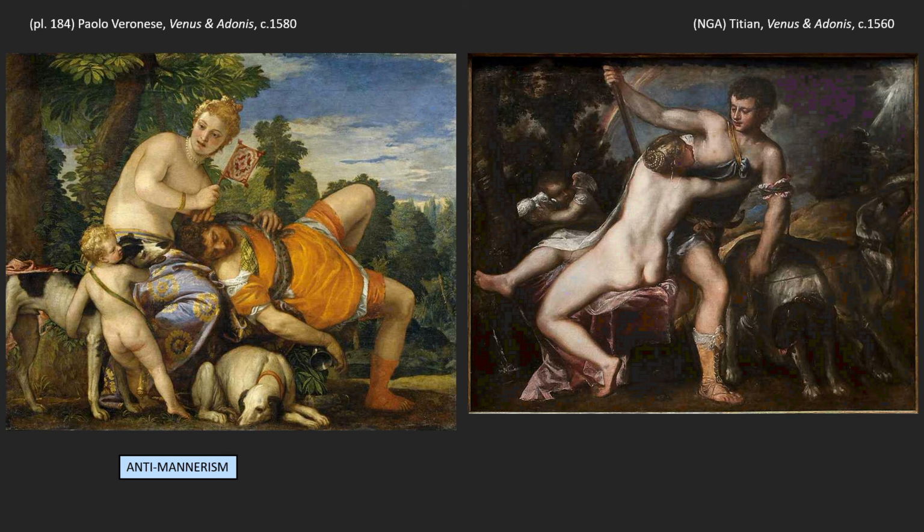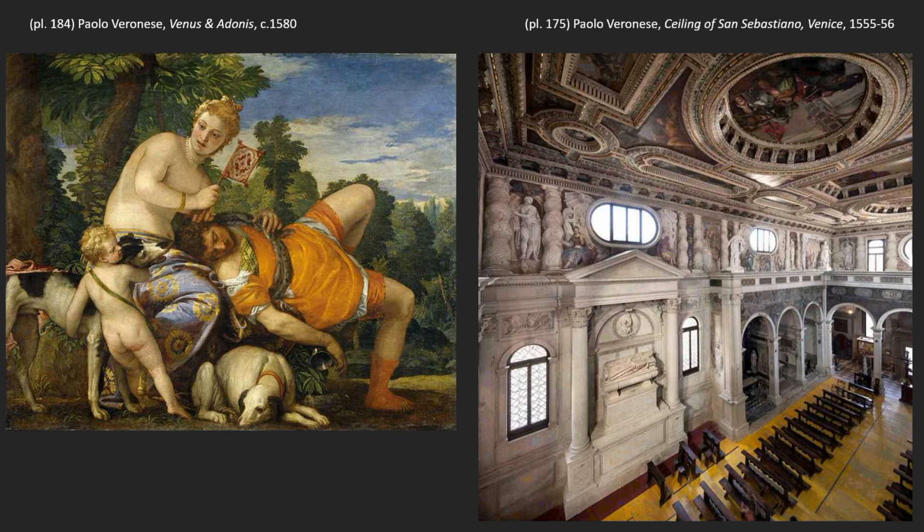Shortly after arriving in the mid-1550s, Veronese got his biggest commission, a major decorative commission, actually a pair of them. He gets to work on the Doge's palace. The Doges are getting everybody to help, right? Titian works there, Tintoretto works there, Veronese does as well. And then his real masterpiece of decorative work is the Church of San Sebastiano in Venice. This is for him what the Scuola of San Rocco was for Tintoretto. They sort of pull out all the stops and get to decorate everything.